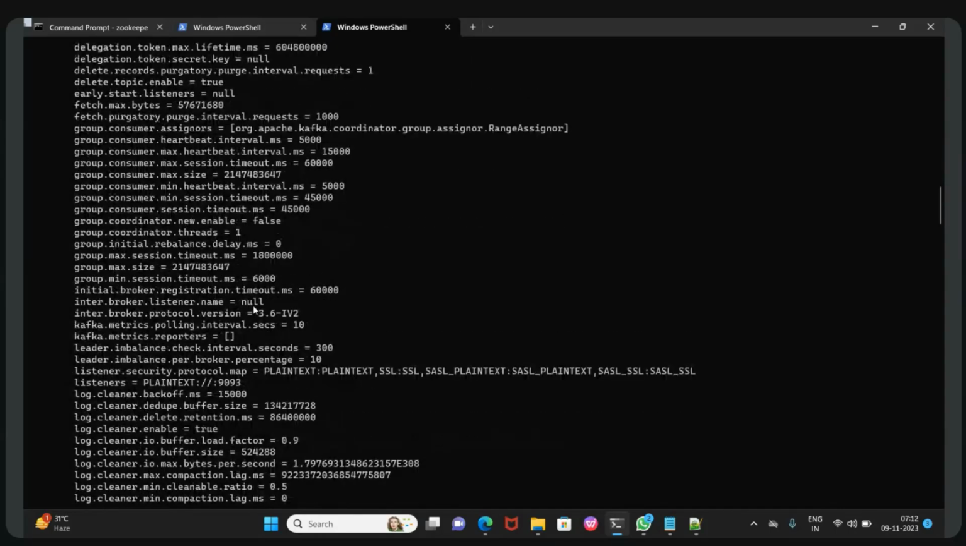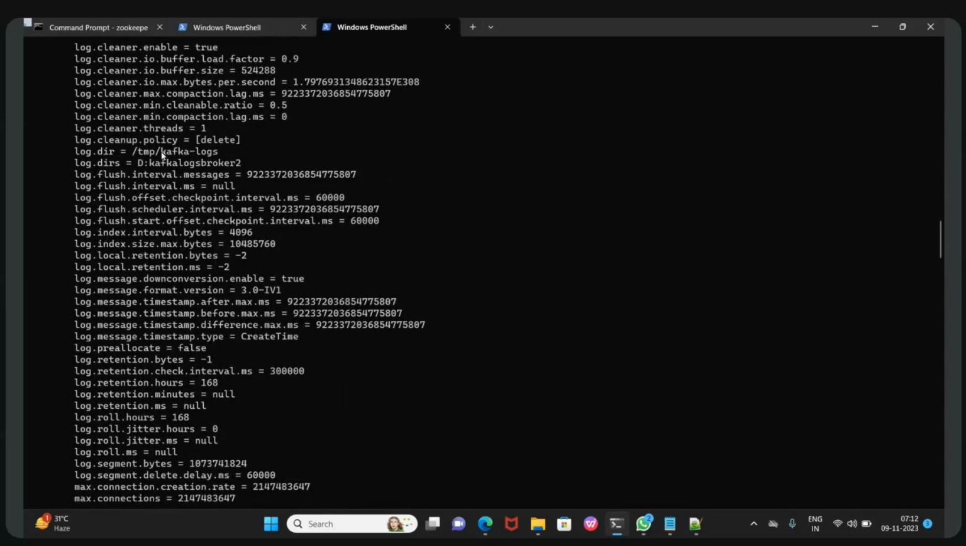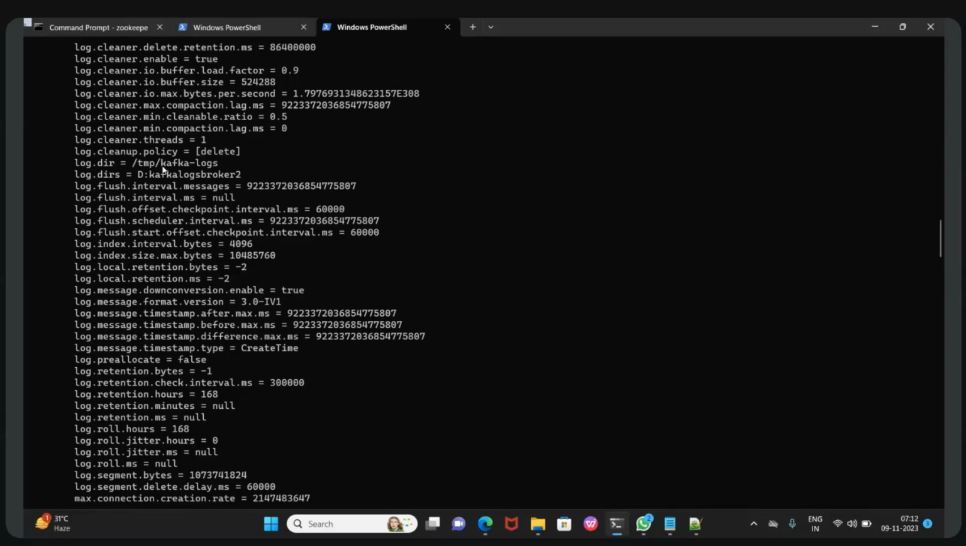So you can see there is one property called listeners plain text 9093. Able to see? It means whatever you have configured, that is coming properly. Okay, there should be log.dir, that should also come. Yes. Are you able to see what is the value coming for this? Kafka logs. Yeah. And just below that there is one more property called log